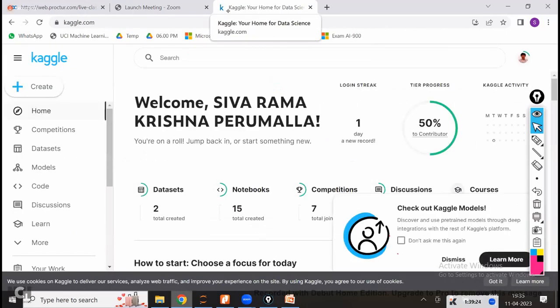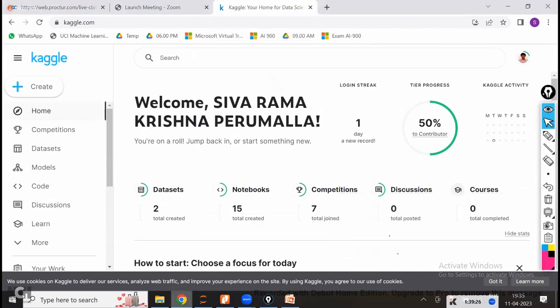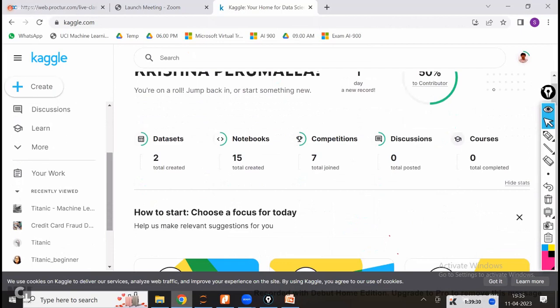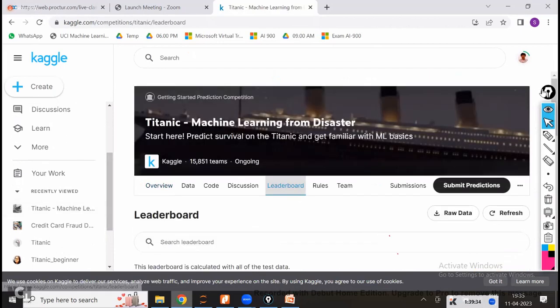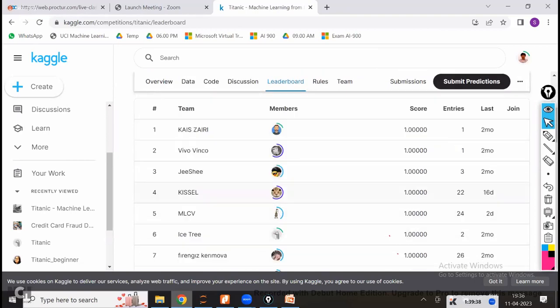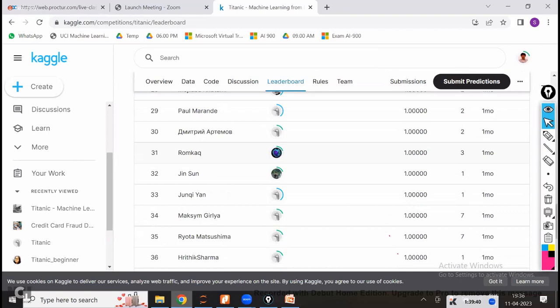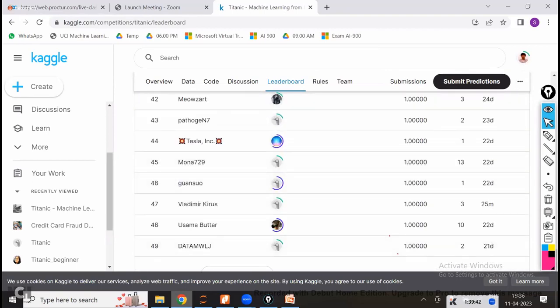This is my name. This is my account in Kaggle. This is my photo. Here I have attempted one competition, one of the competitions which is open. And in this website, there is a leaderboard position. If I open the leaderboard position, here we can see